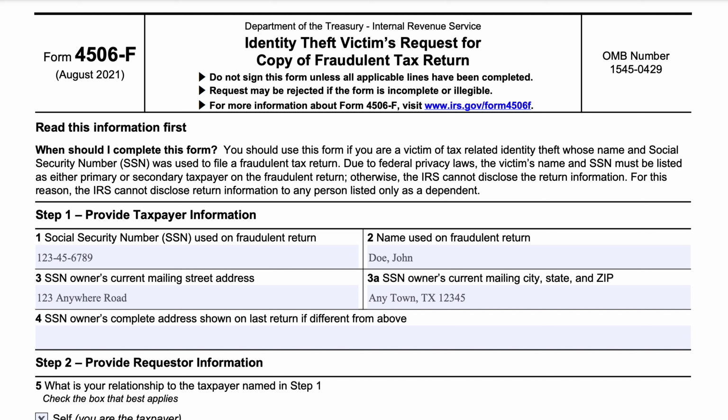So if you do believe that you've been the victim of identity theft, then you should probably notify the IRS, and you would not use this form to do it. You would use IRS Form 14039. We'll put a link in the show notes to that, and that's the identity theft affidavit that you can file with the IRS. And what that will do is it lets them know that you believe your information has been used, and it could be, more likely that they can expect to see a fraudulent tax return filed with